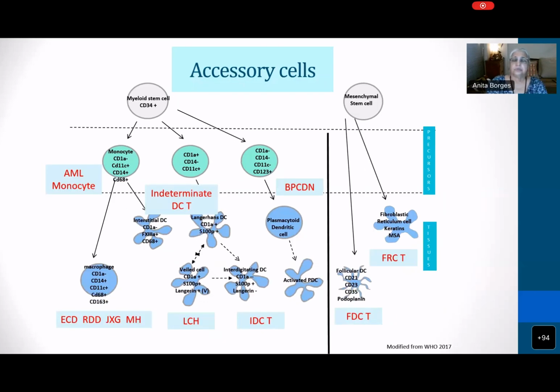All right. Now you saw all that. Now let us see what kind of lesions, particularly tumors, arise from the different precursors and the fully differentiated cells of any of these accessory cell lineages. So you know that the monocyte, if it is a precursor, you would call this AML, and it's either monocytic or myelomonocytic. Once you come to the macrophage stage, where phagocytosis is occurring, you have